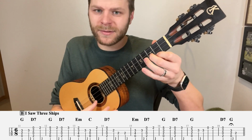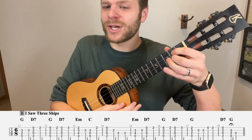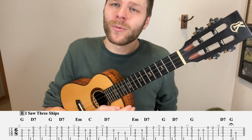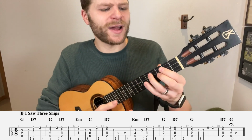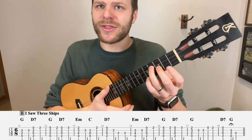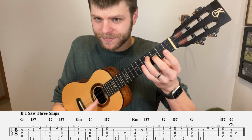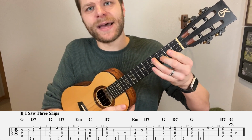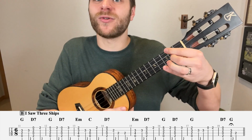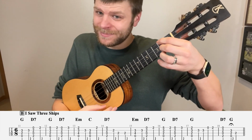Going into measure 15 now, we're going back to our E minor chord, so we're going to place our ring finger on the 4th fret of the C string, middle finger here on the 3rd fret of the E string, strum through our G, C, and E strings together, play the 3 on the E, and then we're going to slide that middle finger down to 2 on the E string, cross the index finger to 2 on the G string for the D7,